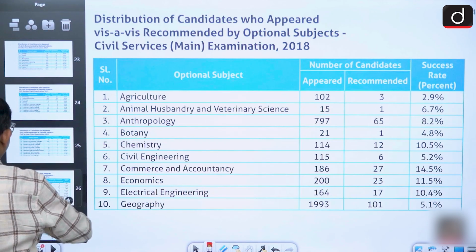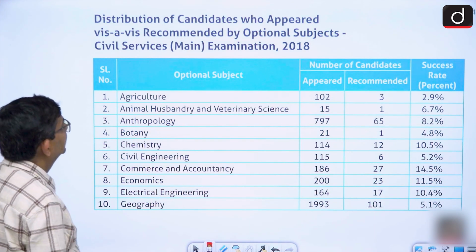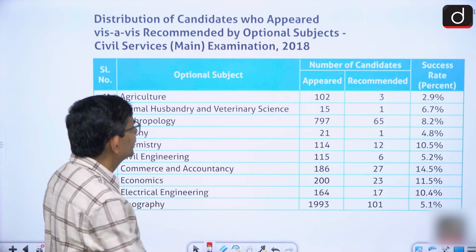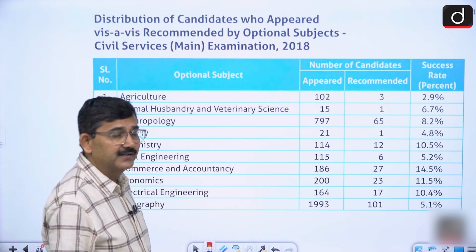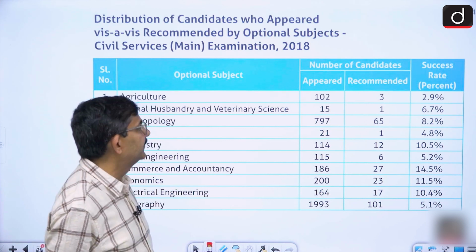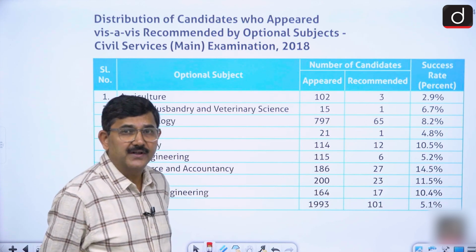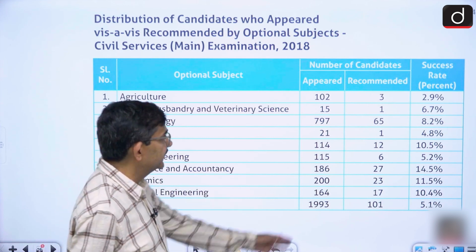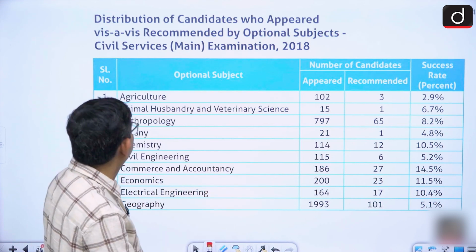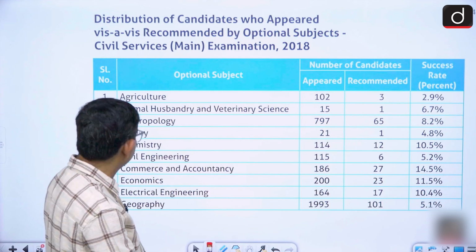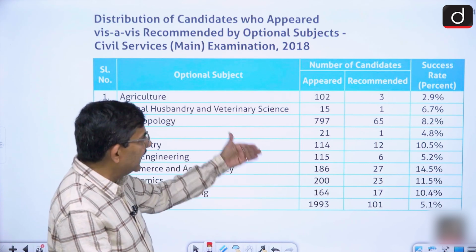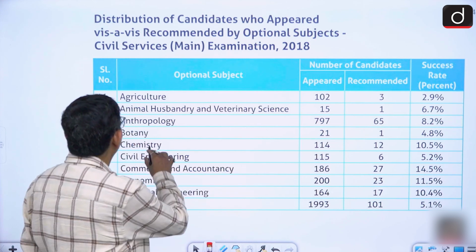So let's start with a 2 years analysis. In this we have optional subjects and the number of candidates who appeared with that specific subject, and apart from that the number of candidates recommended, so that we can easily find out the success rate, though the success rate is already provided. We are going to take a few important subjects which are popular in terms of the number of candidates appearing, like anthropology,